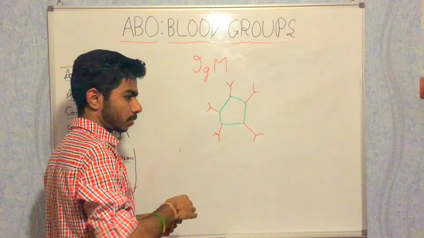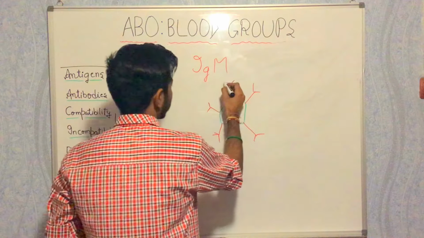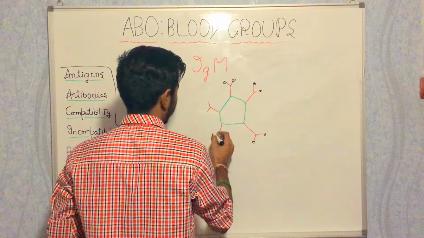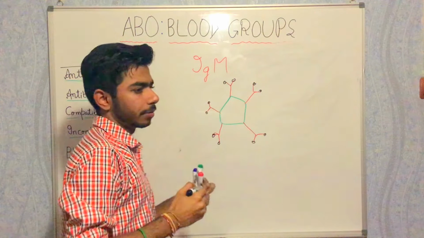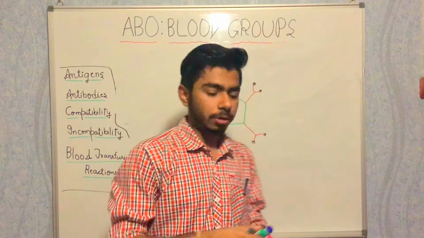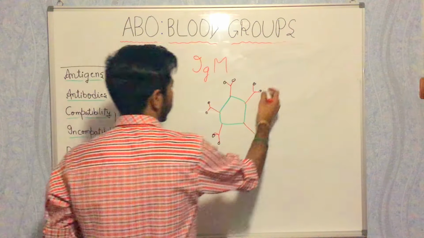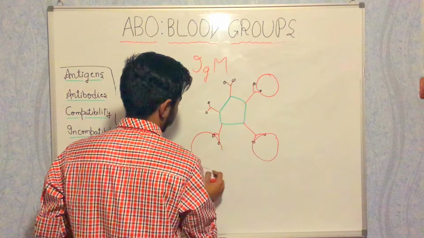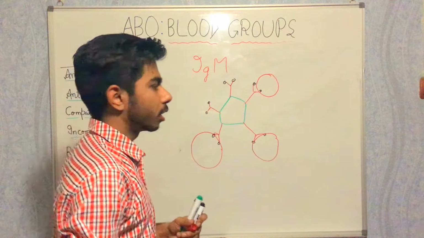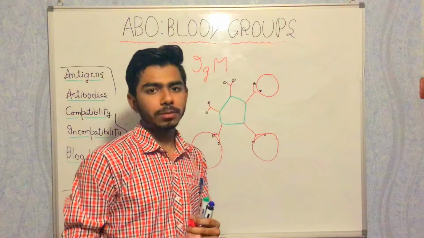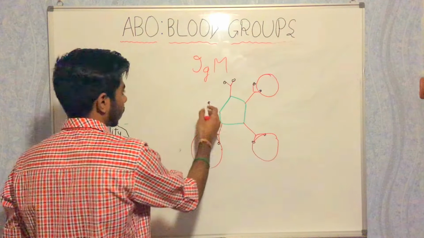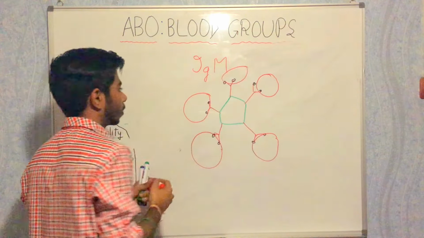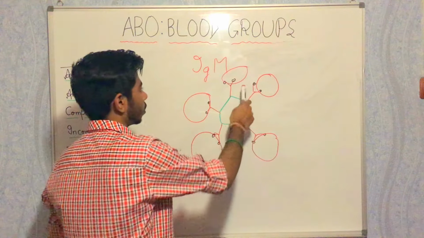For example, over here, they can bind with 10 antibodies along with them. So here we have, for example, an RBC, in case of any incompatibility, for example, we give blood group A to a person who has blood group B. So in case of clumping, these antibodies, for example IgM, could capture